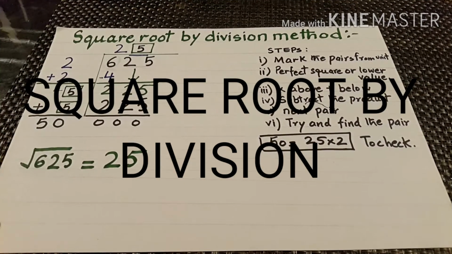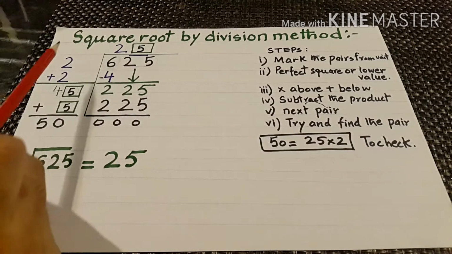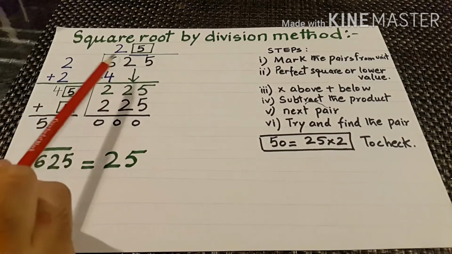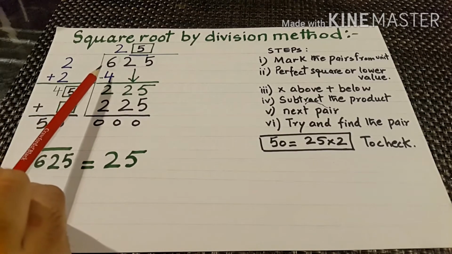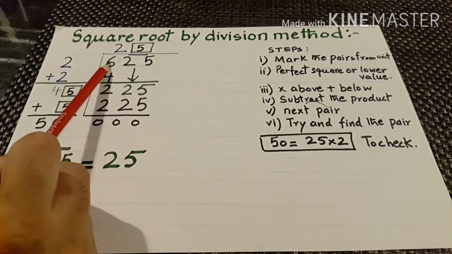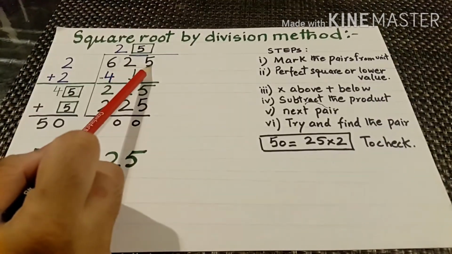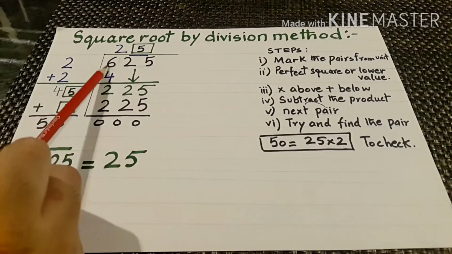Today our topic is square root by division method. Now we have to find the square root of the number 625. Now the very first step is we will make the pairs starting from the unit side. Now we can see there are three numbers. So from the unit side we will make a pair, that is 25 is one pair and 6 is left